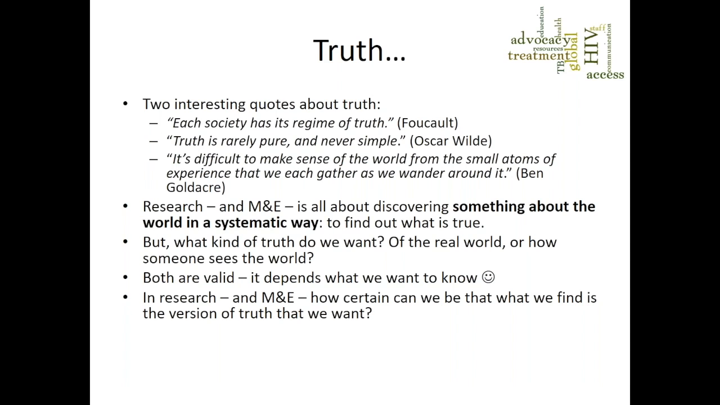So here are some quite interesting definitions of truth. There are actually 3 there. I say 2, but there are 3. Foucault says each society has a regime of truth, so it generates whatever truth it wants. Oscar Wilde says truth is rarely pure and never simple,